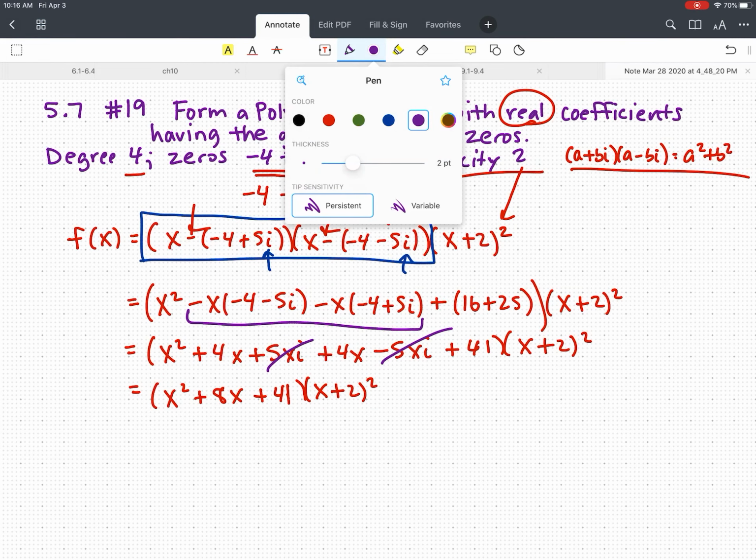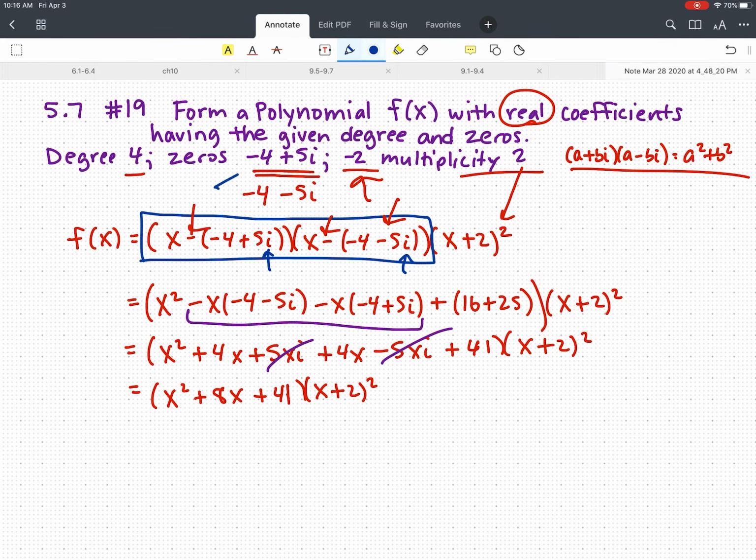So what you have to do is realize that if you have an imaginary 0, like we have over here, then you know that its conjugate is also a 0. Then you have to subtract those from x inside of a factor. That's how zeros work. That has to be multiplied out though, because you want to get rid of the imaginary parts. And if you multiply out everything correctly by FOILing it and distributing, combining like terms, you should be able to get all of the imaginary parts to cancel, and that leaves you with